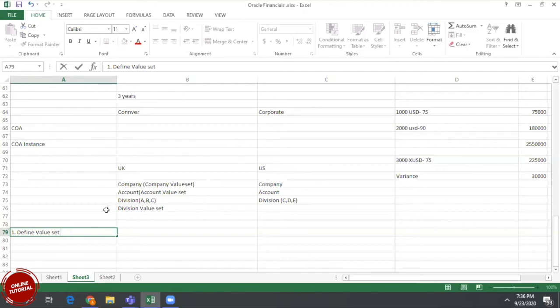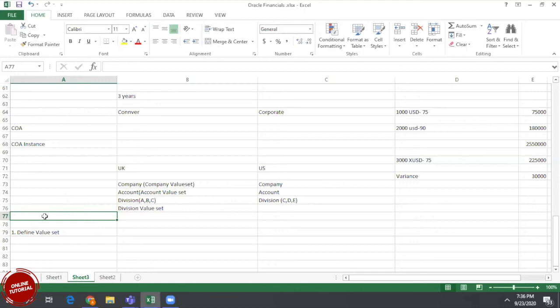So okay, let's take this case a little different. Once they complete it, then we can understand. So how to define chart of account first of all? The first point to be noted is, to create a ledger I require a chart of account instance, not chart of accounts. From a chart of accounts we can create multiple instances. That point should be noted.